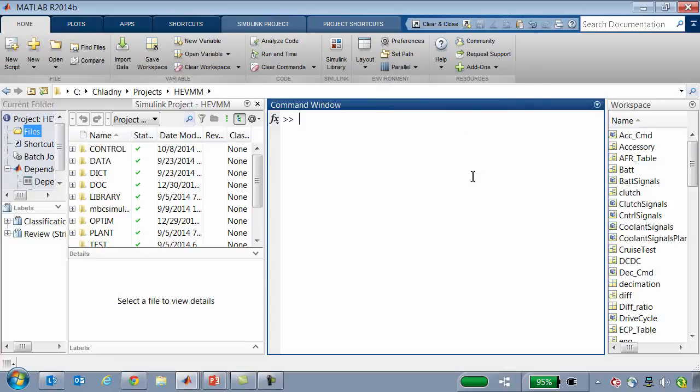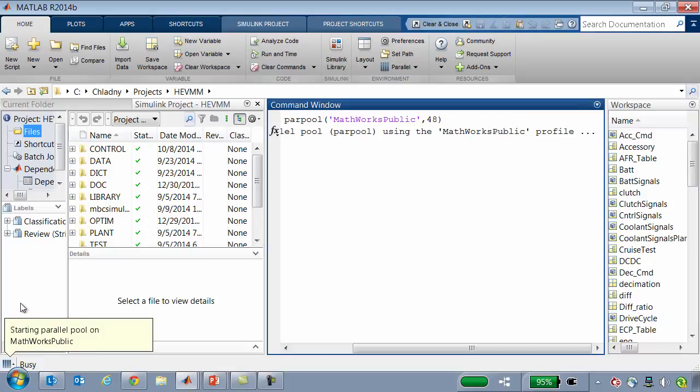There's a whole API behind the Parallel Computing Toolbox, so if I wanted to define a new cluster object, for example, I could type something along the lines of my cluster is equal to parpool, and I can at this point invoke one of the profile names, for example, MathWorks public, and the number of workers I'd like to open up and prepare for interactivity with. I could say 48 different workers, and I'll go off,